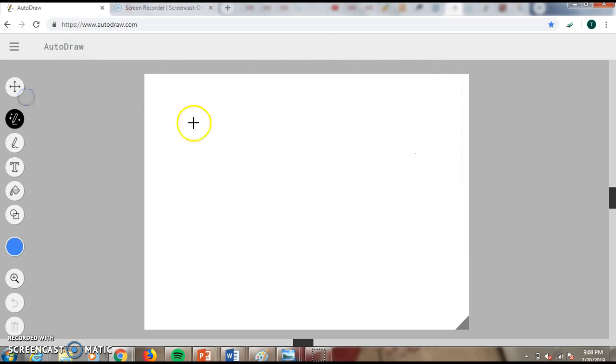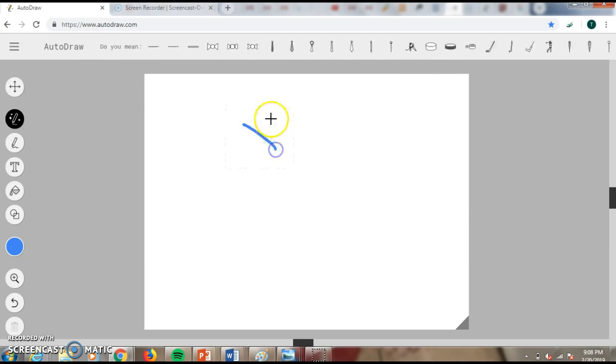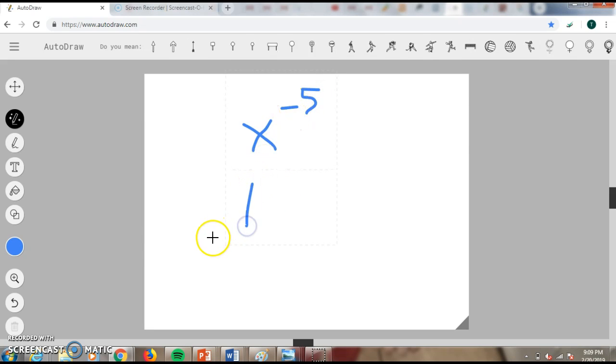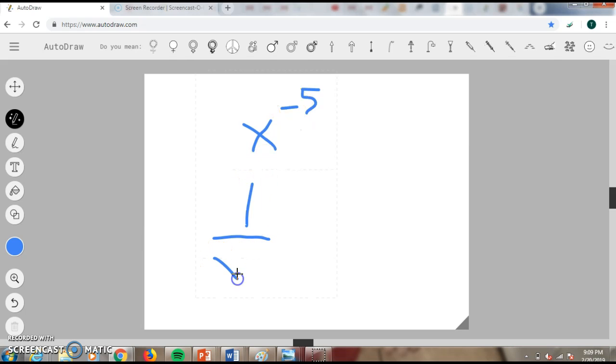And one more. If you were given a problem of x to the power of negative 5, you would set this up like a fraction because it has the negative exponent. You'd do 1 over x to the power of positive